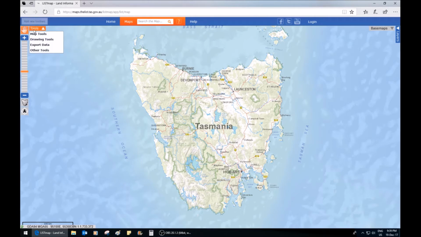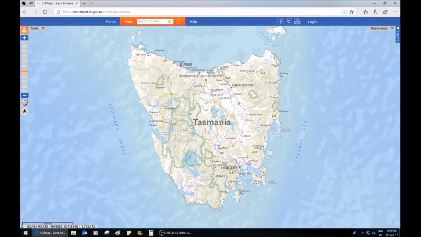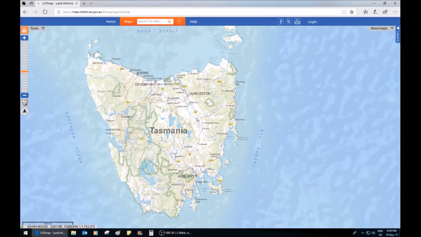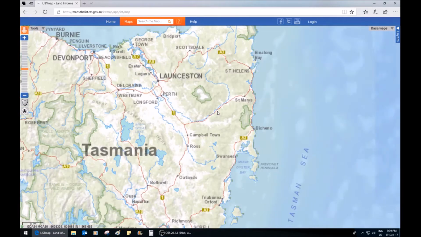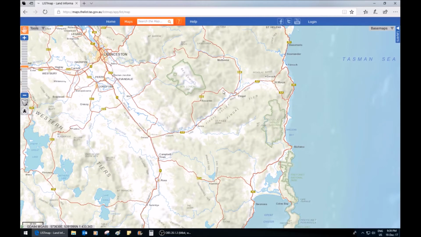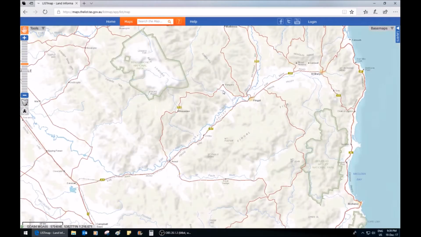So there's your tools. You can also log in at this stage, and what we have here is the default opening, which is a topographical map of Tasmania. Now for the purpose of this demonstration I'll zoom into an area that I'm familiar with, and that is Mangano, which is in the Fingal Valley,